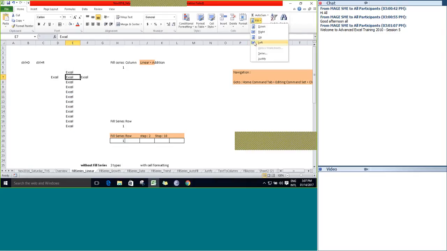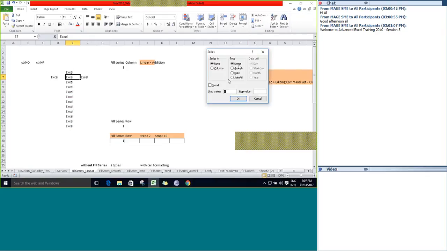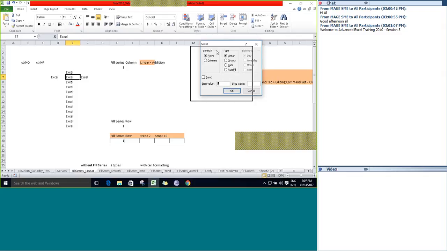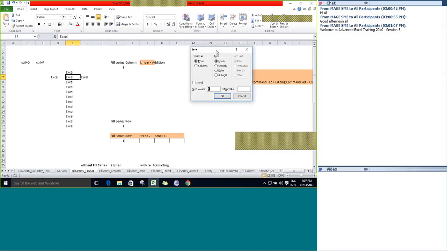The next very important concept here is going to be the fill series. We are going to start with the fill series now. In Fill Series, if I click on Series, one dialog box will open. In the dialog box you can see series in rows or columns, type linear, growth, date or autofill, and then step value, stop value, trend.